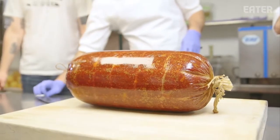So today we are going to produce the Gramercy Tavern beef and pork kielbasa. Cool. With cheese. It is probably the